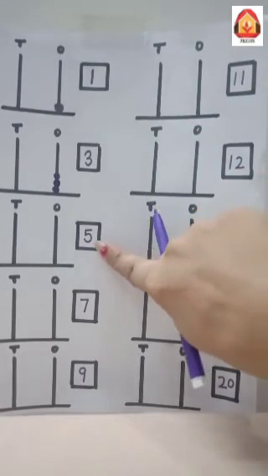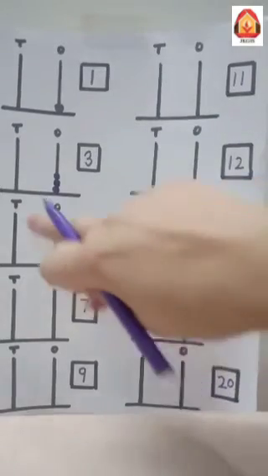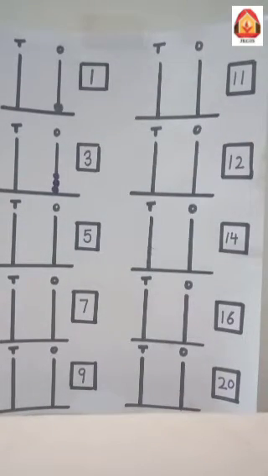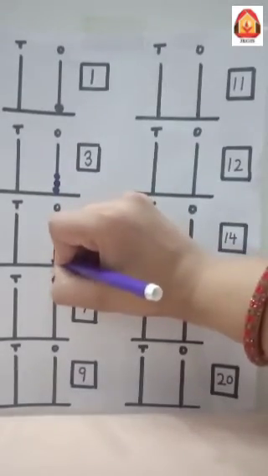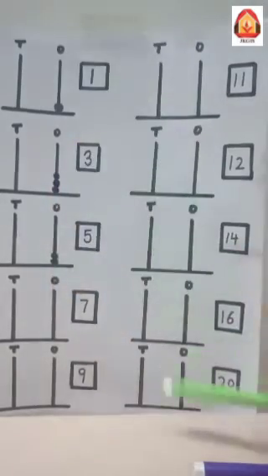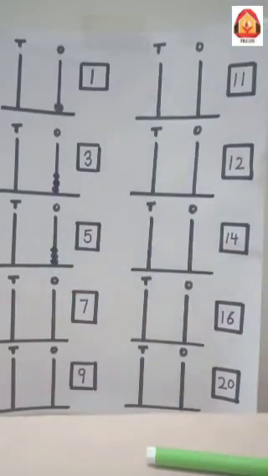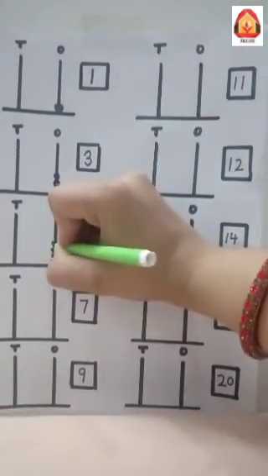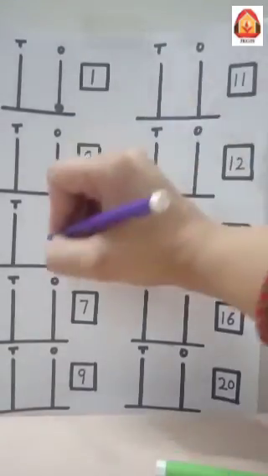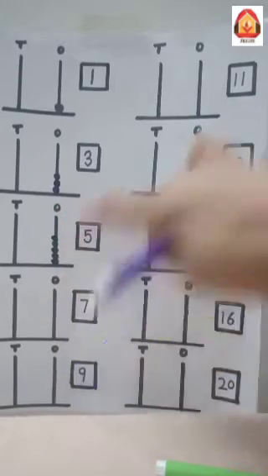Same way, number 5 is here. So 5 comes in ones place because अभी 10 का कोई भी group form नहीं हुआ है. So how many beads are we going to make? We are going to make 5 beads. 1, 2, 3, 4 and 5. So this 5 lies under ones place.